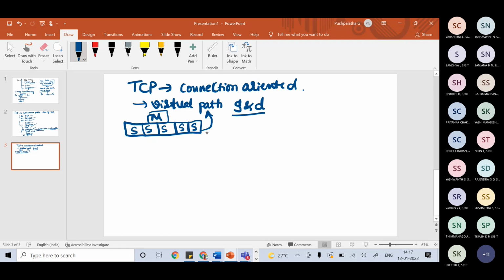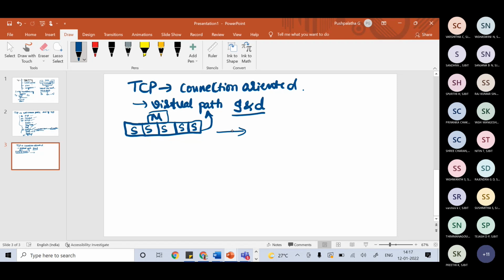Using a single virtual path for the entire message facilitates the acknowledgement process, though there may be a requirement of retransmission of some damaged or lost frames.